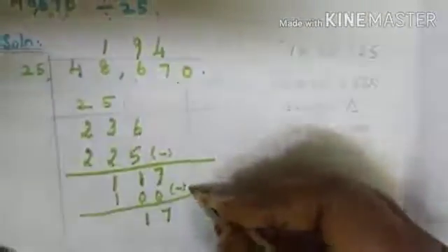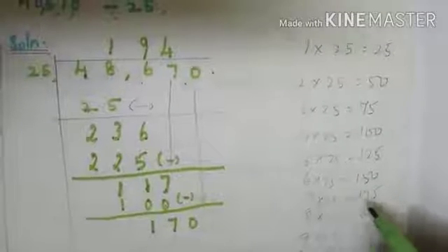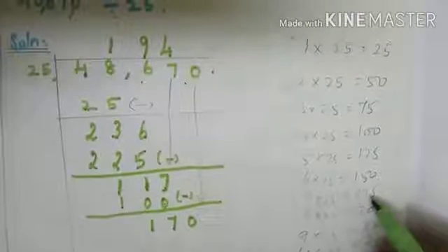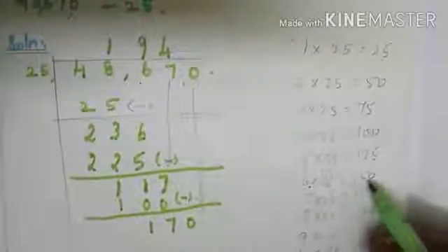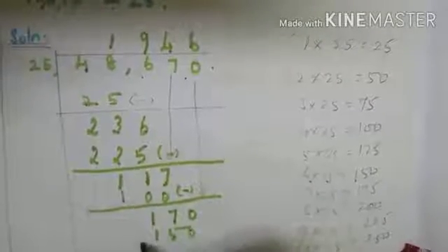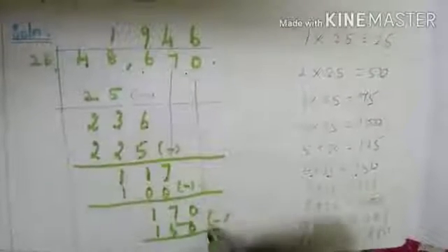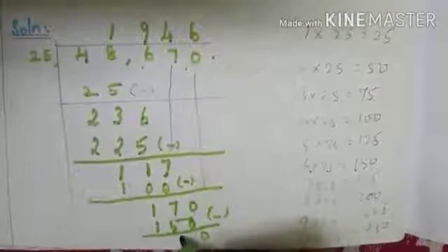Next, here we are having 17 and we are dropping the 0. When we take the 0, the number becomes 170. Now, you see here 7 25s are 175, but 6 25s are 150. So, here you put 6 and here you put 150. So, when we are subtracting here, what will we be getting? 0 minus 0 is 0. 7 minus 5 is what?